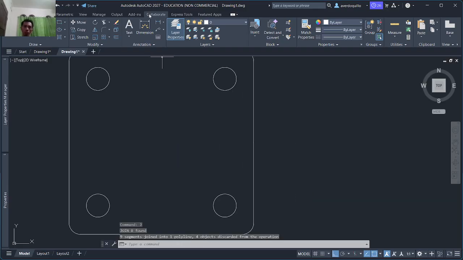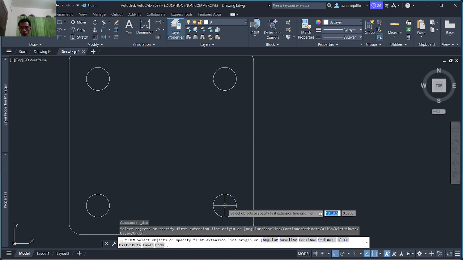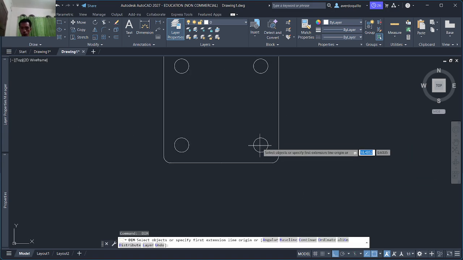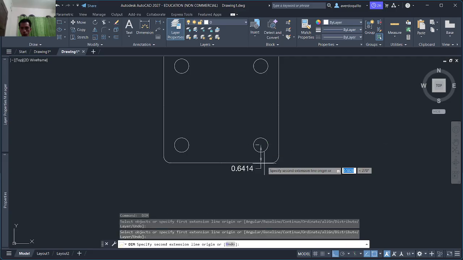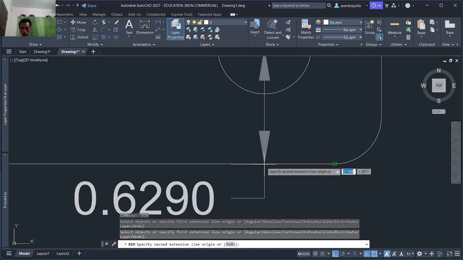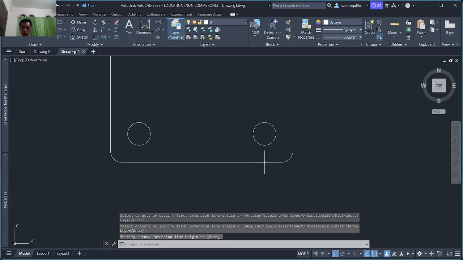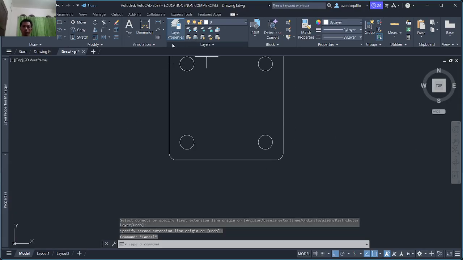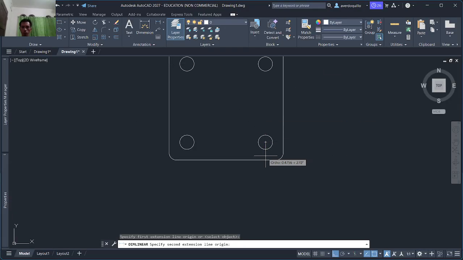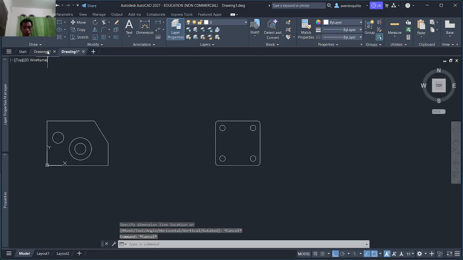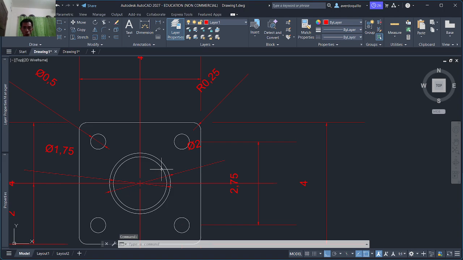See, let's check the measurement here. Oh dang. Okay.